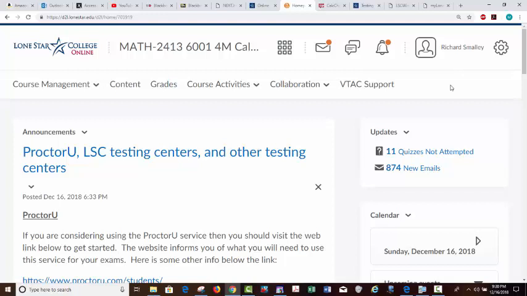I'm not really going to be available. I think I have my office phone number in the syllabus. It'll be hard to find me, but obviously, emails, whether it's to my Lone Star email or if you're sending me a message through D2L, you can mail that way too, obviously. So, with that being said,